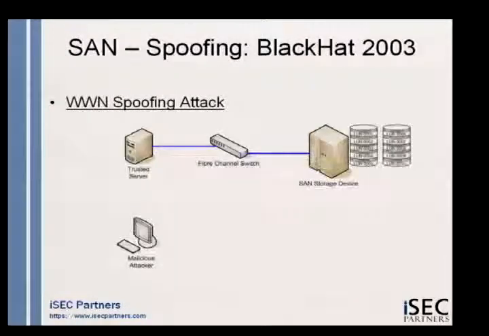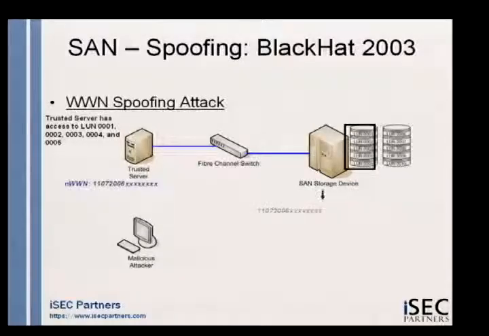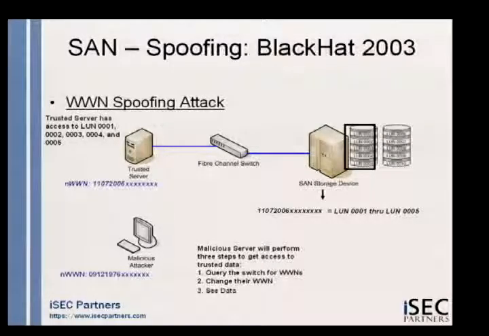So this is an attack I showed at BlackHat 2003. I'm not going to go over it, but this talks about some of the confusion that I still see today about spoofing. A lot of people say spoofing is not possible, but basically the attacker here on the bottom of the screen can change their node worldwide name, which is still a commonly used entity for security, and spoof it to anything they want, but they will probably spoof it to something they want to attack, which is the trusted server on the top. So they spoof their value to match the value of the entity on the top.